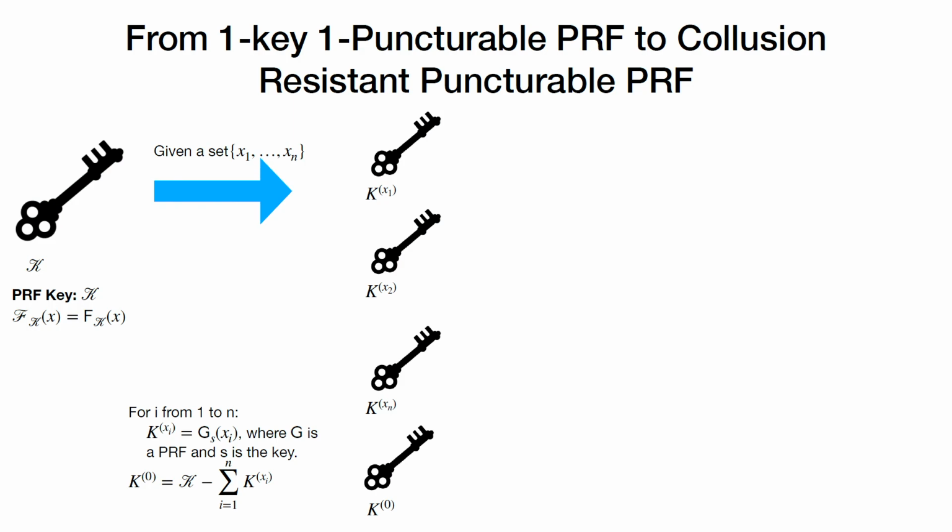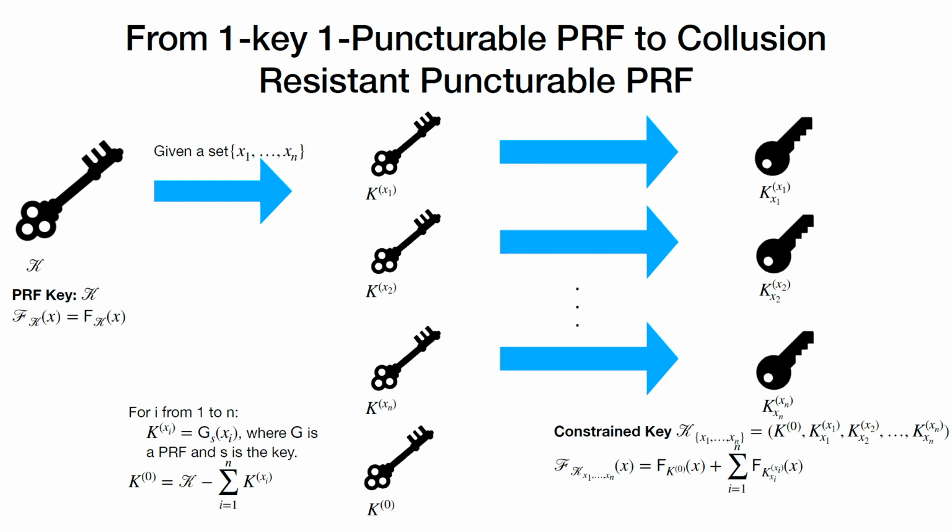That is, if we sum k0 and all the kxi's, then we get the original PRF key k. So next, we will puncture each kxi on the input xi. And the constrained key includes k0 and all the constrained versions of the kxi. So to evaluate the PRF with the constrained key, we will first compute the PRF on the input using k0, and then we will compute the PRF on the input using the constrained versions of each kxi, and then we